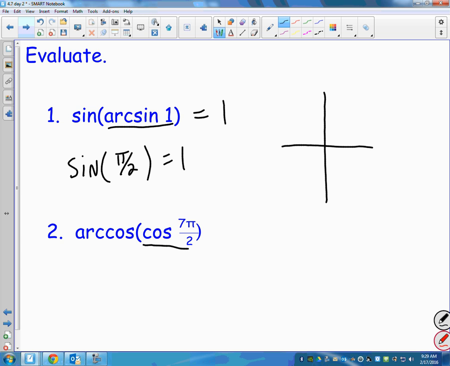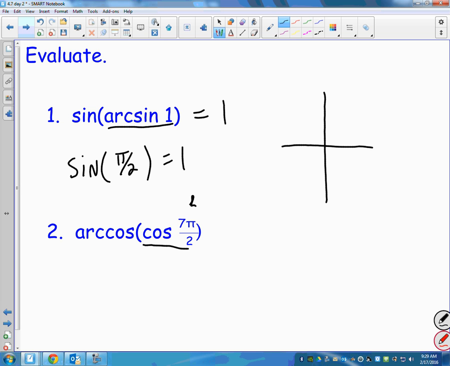Again, if you haven't been reviewing your unit circle, and you feel like you forgot it, or maybe you never really learned it, this is the time that you want to spend the next few days doing that, because the no calculator part of the test, which is about half the test, is going to be all about these unit circle values. So 7 pi halves, that's more than 2 pi, so we could subtract 2 pi if you want. Or you could just think about